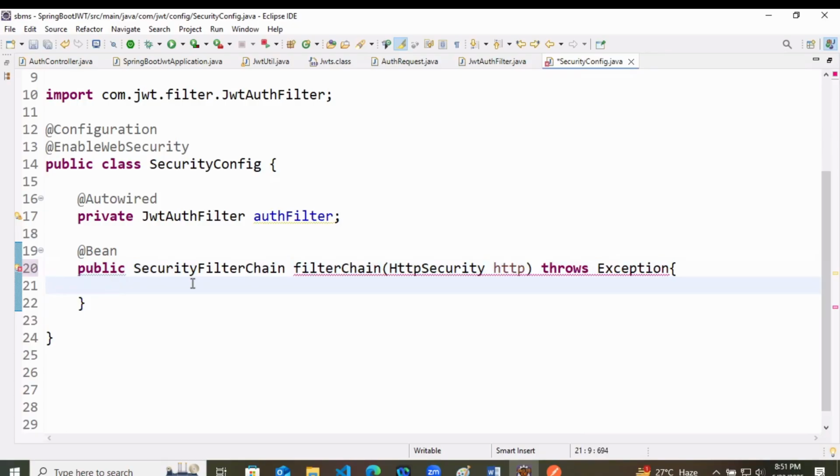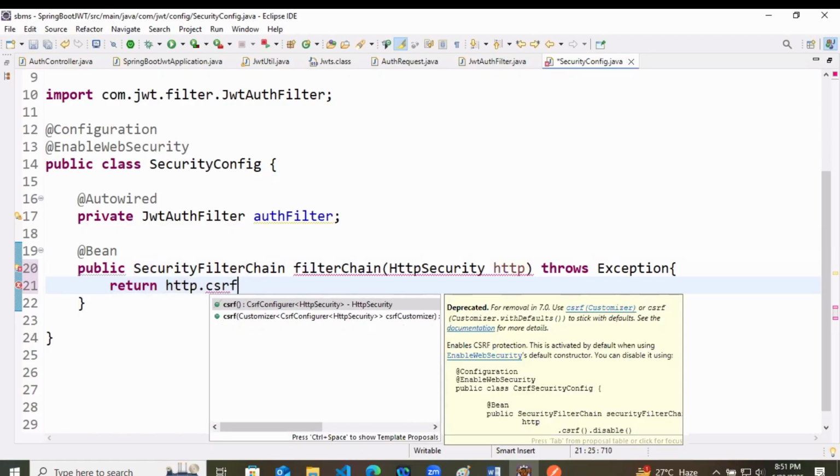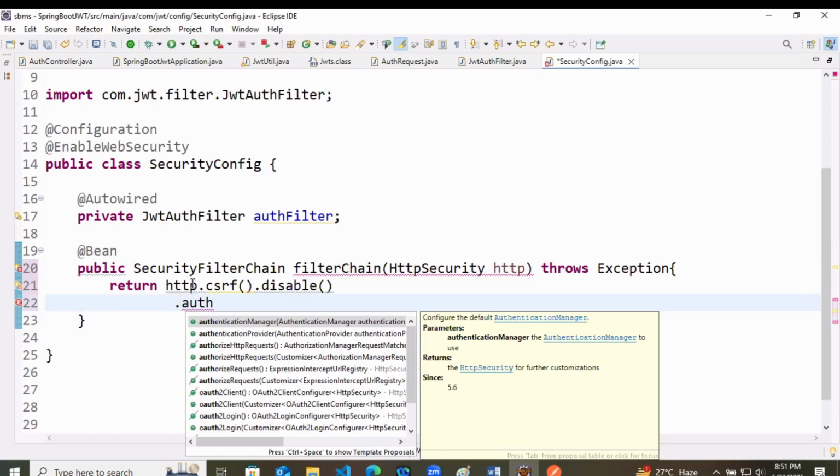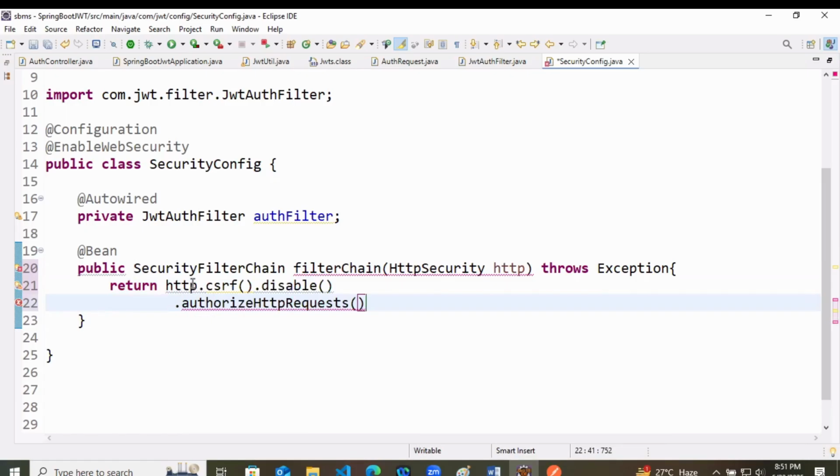Now you are going to use the same thing. So it will return HTTP dot CSRF, cross site request forgery, disabled. So whatever the problem was there in the CSRF, that we have disabled now, means no CSRF is going to be valid now. Then authorize HTTP requests, auth, create the lambda expression by taking the object of auth.